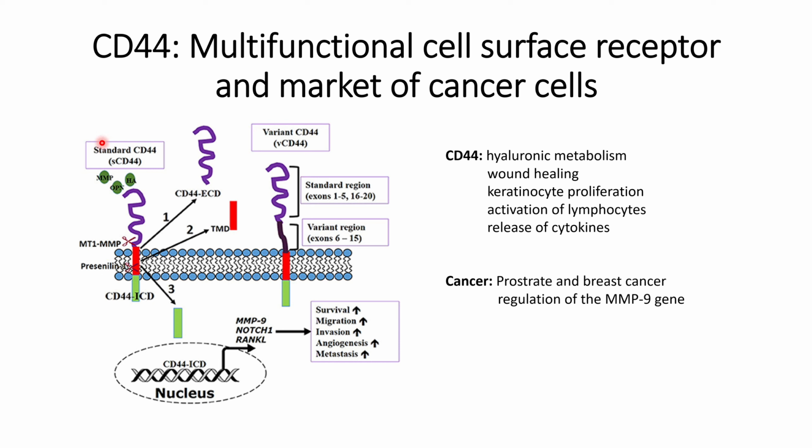So this is how CD44 plays an important role, and it has multifunctional roles. Some of these roles are essential for normal cell activities, and when the cells get infectious, these normal cell activities can be used by cancerous cells to spread across the body or across different parts of the organism, such as